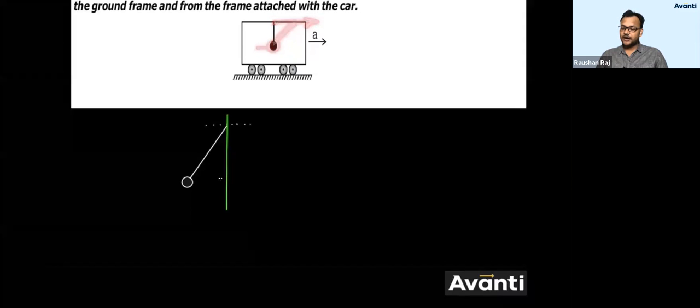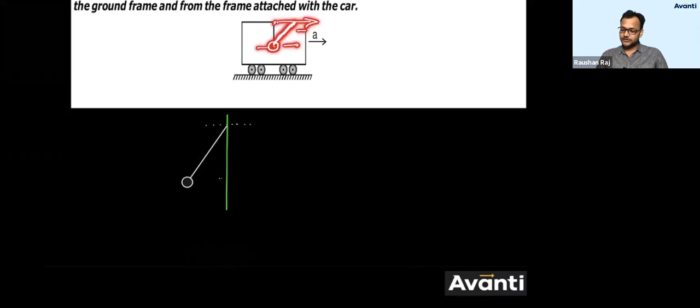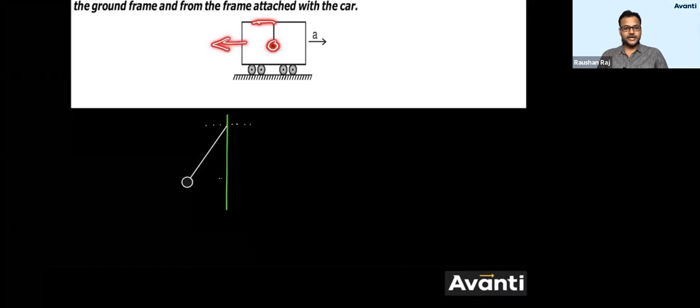So what will happen? Now they will move rightward together. This is actually what happens with this pendulum bob when the car moves in rightward direction. Now, if it goes left, what will happen? This point will move left because it's connected to the car. But this bob is not connected to the car, so the bob will try to stay at rest only. So because of the string, this string will come here, so there will be deflection. So if the car is moving in this direction, the bob will look like it has come in this direction.